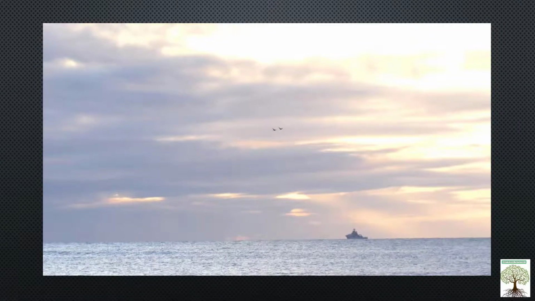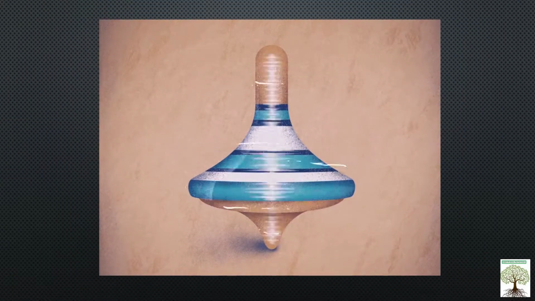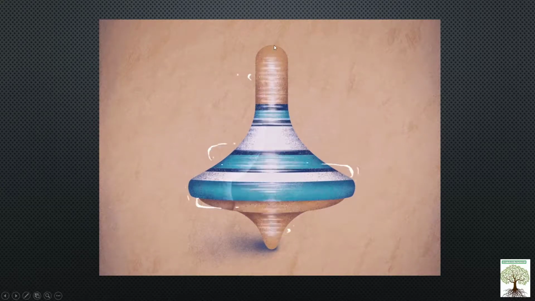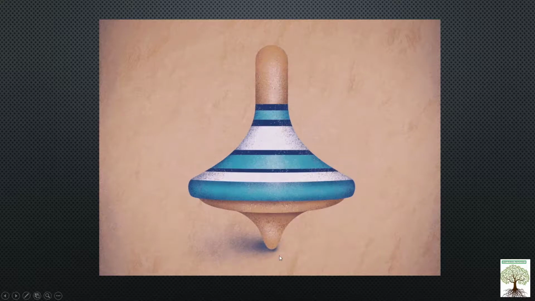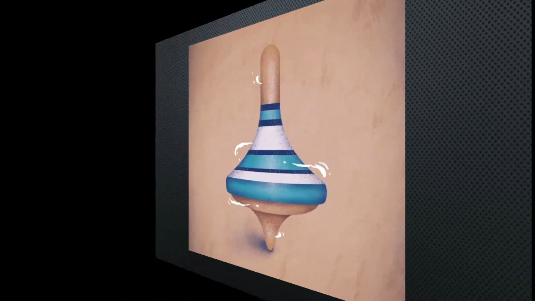Let's see the earth's axis. Now in the spinning top, the upper projected part is called the tip of the top. This part is the tip of the top and this is the bottom of the top. Together the tip and the base form an imaginary axis for the spinning top, from the tip to the bottom. This is the imaginary axis for the spinning top. So it's spinning around its vertical axis, right?